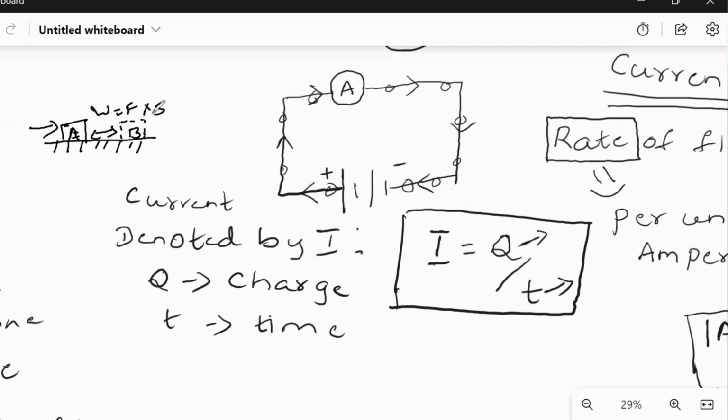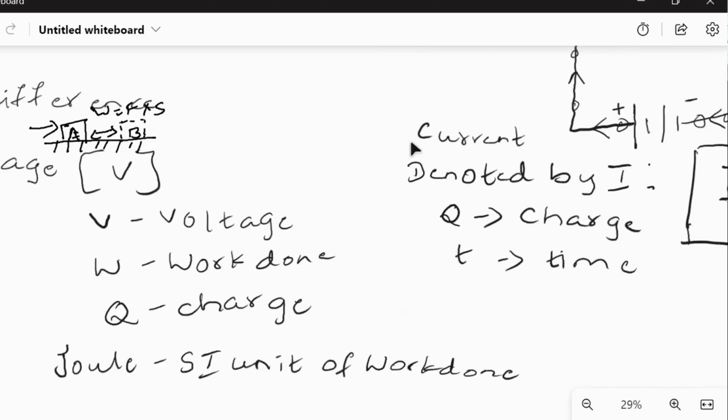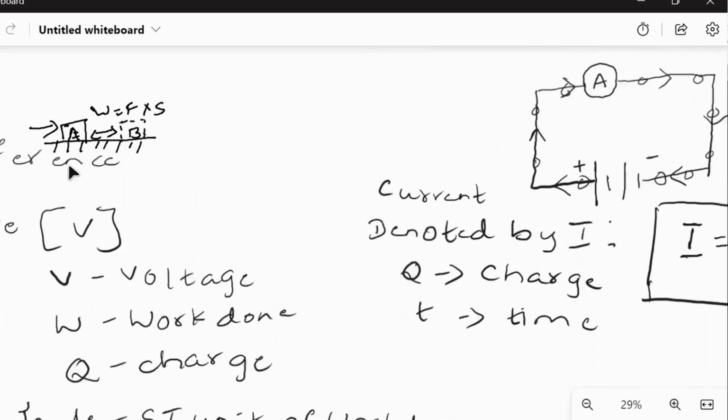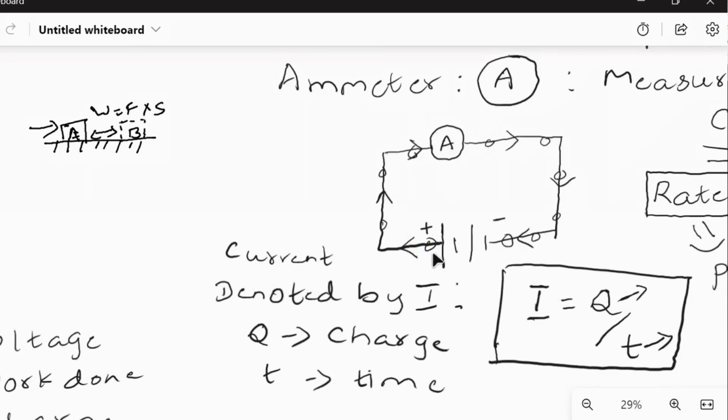But here, how do the charges move? They should have some force, right? So you have the cell. Inside a cell you have chemicals, like lead, zinc, cadmium. You are giving a force for that chemical to move. That force is called EMF. EMF, internal EMF, voltage, potential difference: all these mean one and the same. A force is applied. So if you observe voltage or potential difference, it is how much work is done for these charges to move from this position to this position. Always the charges move from higher